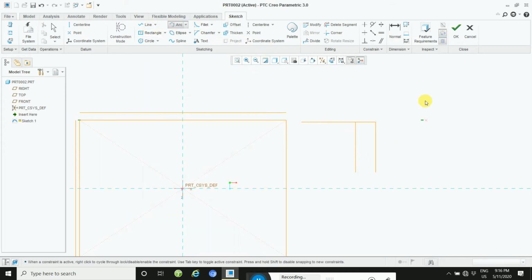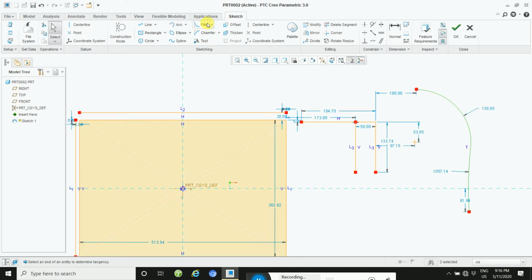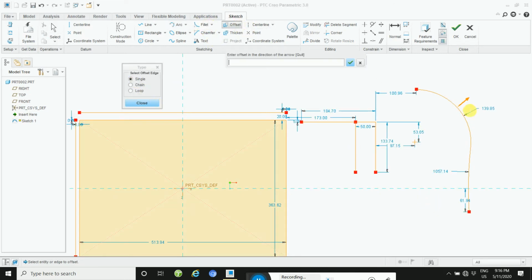If you apply the offset on this arc in a single, the arrow direction is opposite. This is a positive value; if you put minus 50, it is negative.